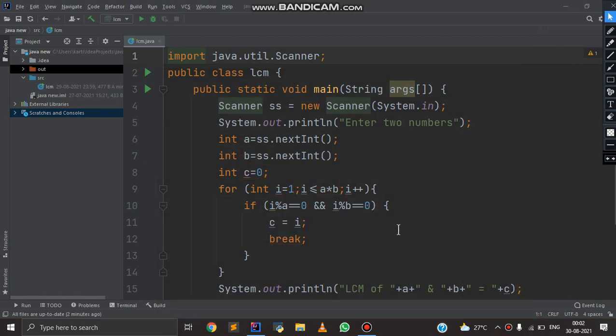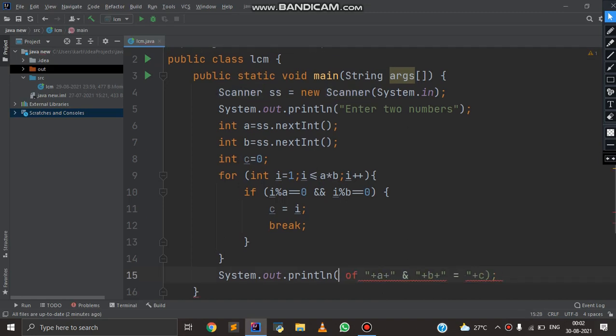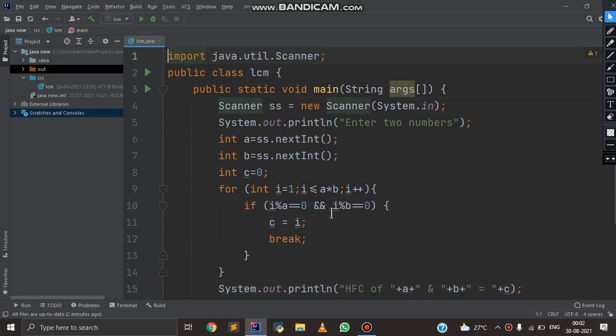Now I am going to find HCF of two numbers. So HCF is the highest common factor. A factor is a number which comes in both the tables and which is common for both of them.